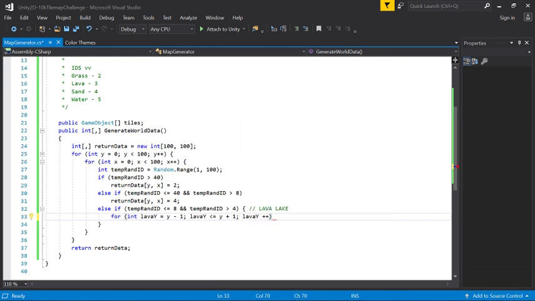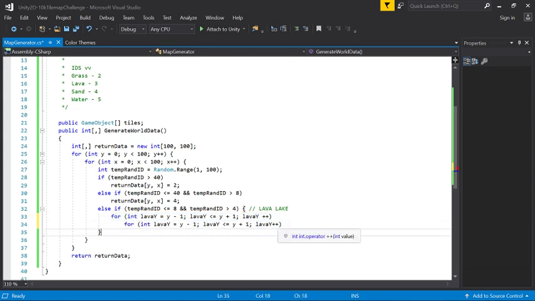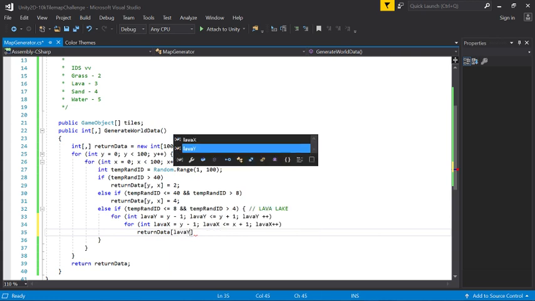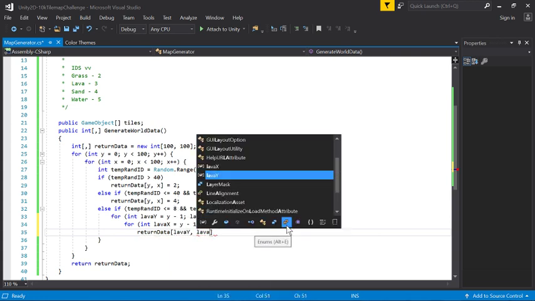And then lava Y ++. And I'm going to do the same thing for our other one, and I'll do lava X. So now everything's going to be X. Okay, there we go. So now all that should be fixed. No, don't rename that, because that's going to cause confusion. There we go. Okay, and then after all those lines of code, I can finally say return data, lava Y, lava X